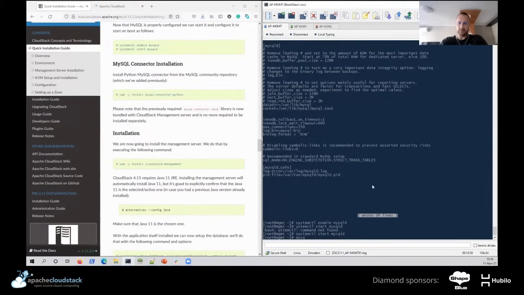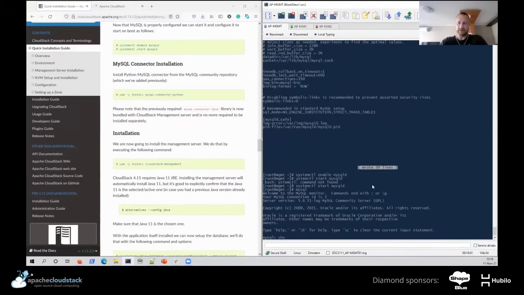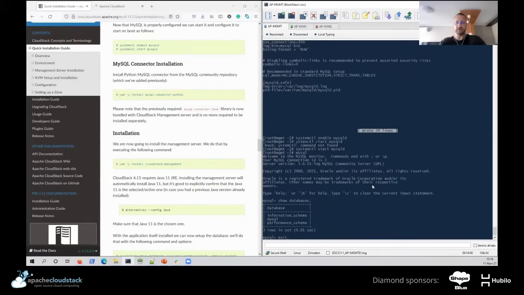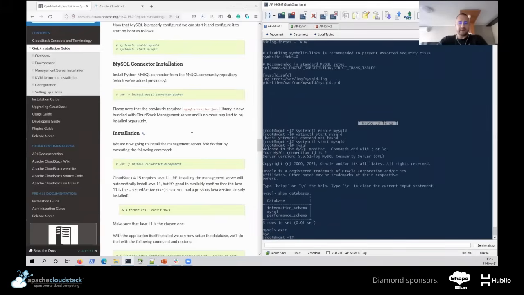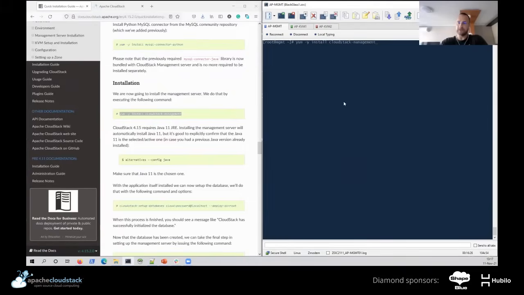If I hit mysql and hit enter, you will see I can log in, I can show my databases. There is no custom database, it's all system databases over there, so that's all good. Finally, we have our database server configured and running with a very minimal configuration, as far from production ready as it can be, obviously. But now that I have my database server running and I have my CloudStack repository set,